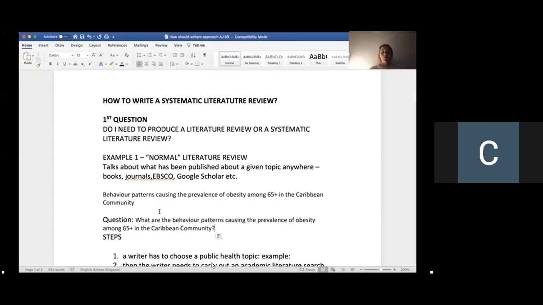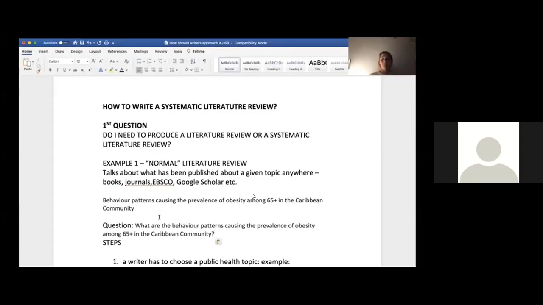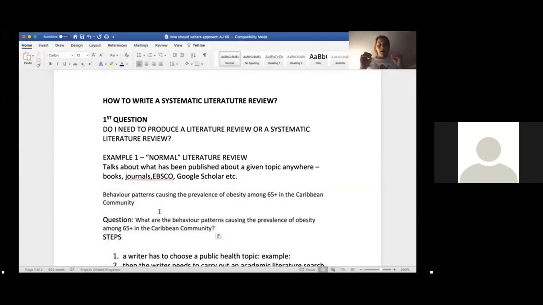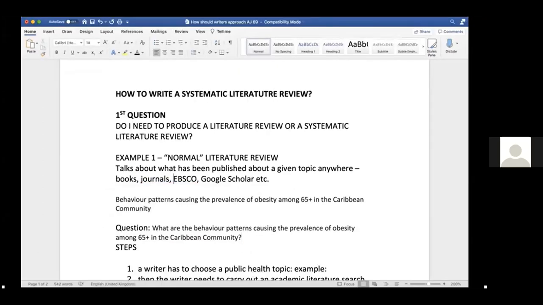is And the what are sound? Yes, yes, the prevalence yes, of I can view obesity it. among 65 plus. Now, in order to answer this, in order to answer the question, if you are asked to